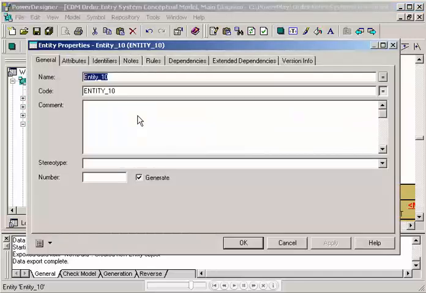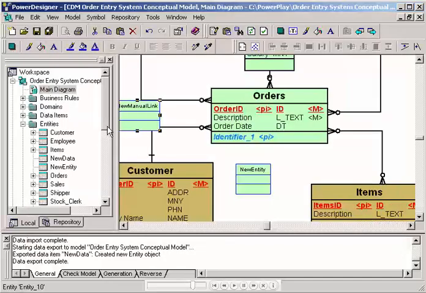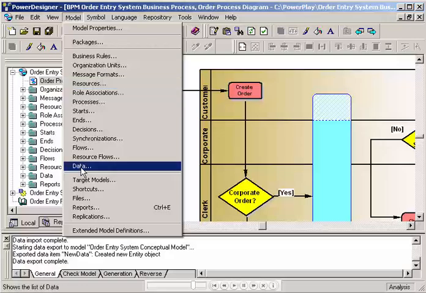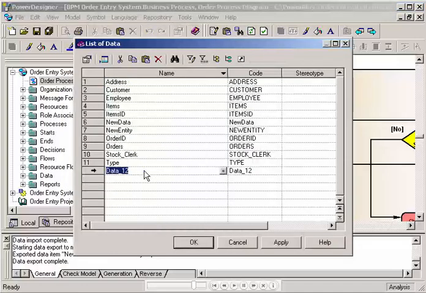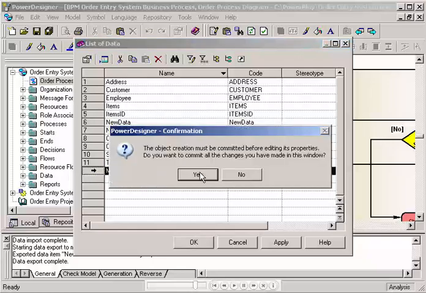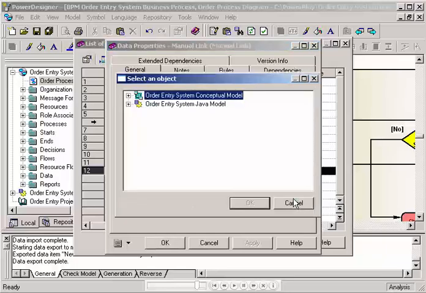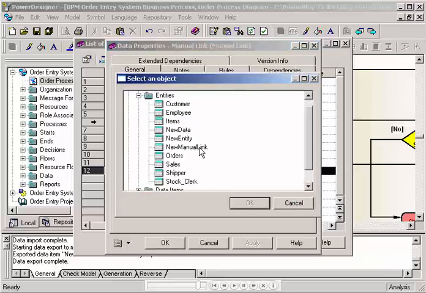For this example, I'll create another entity, and this one will be called New Manual Link. I will also create a new data element, also called Manual Link. To establish the manual link, open the data properties in the business process model and browse, using the